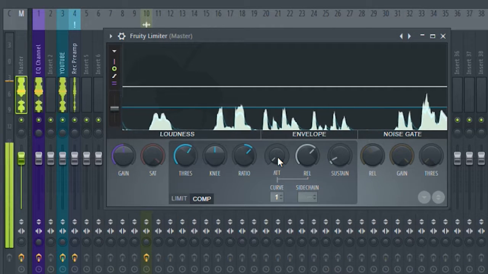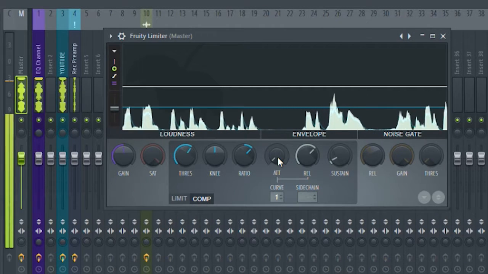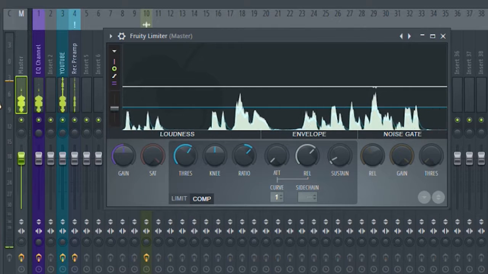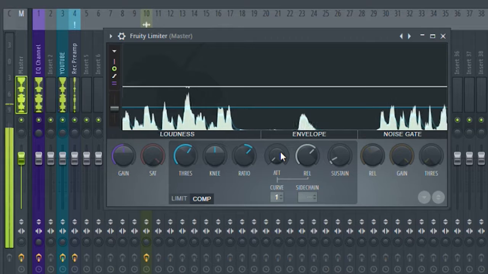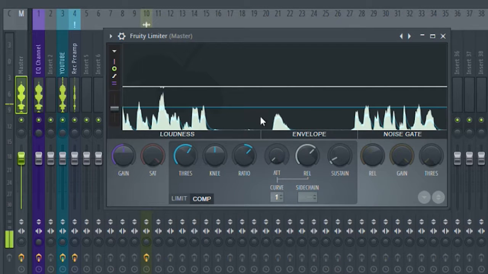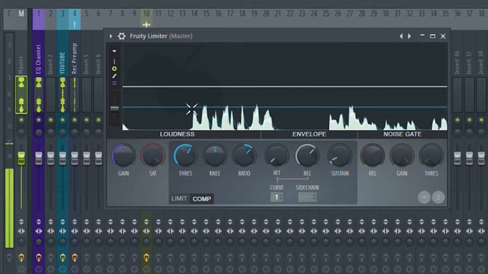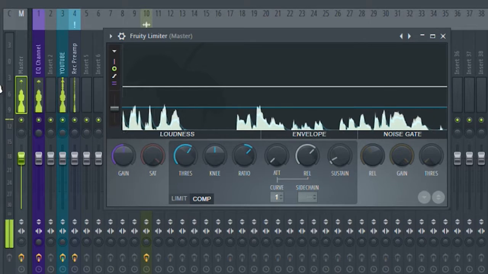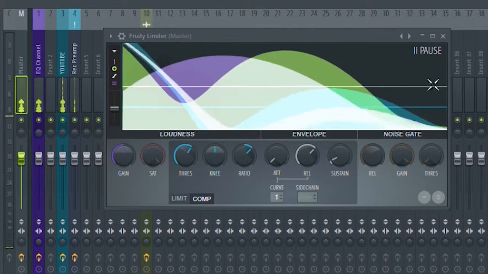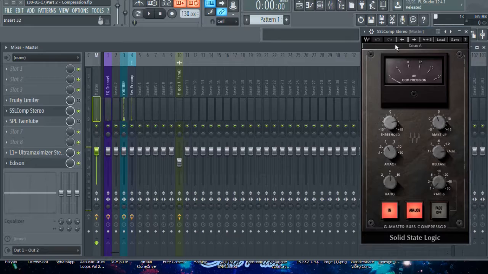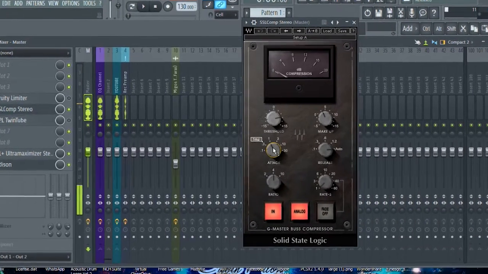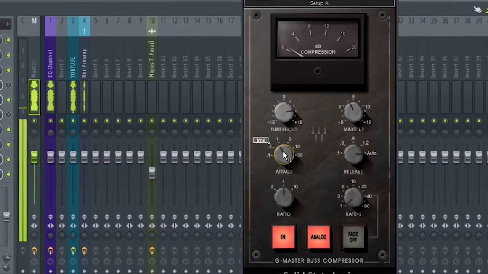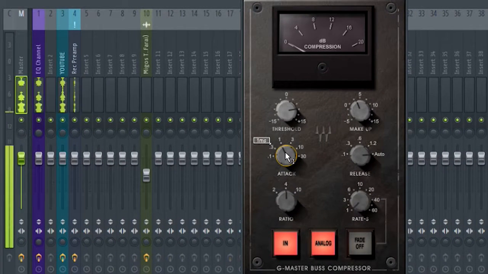So why would we want to control that? Basically, if you have a kick drum, right, and you try and, oh, my computer's freezing. This compressor always freezes my computer, so I'm just gonna take it off. Anyway, what the attack does is, if you had a kick drum and you wanted to preserve the initial peak, meaning,